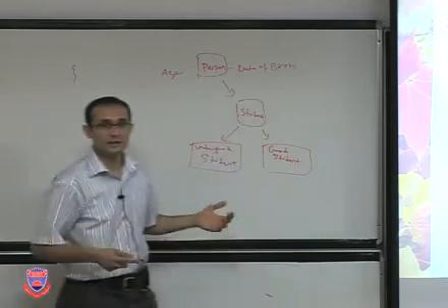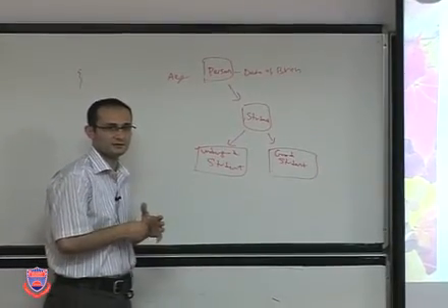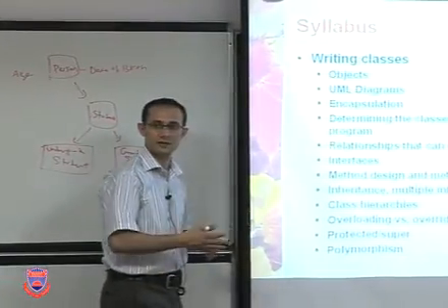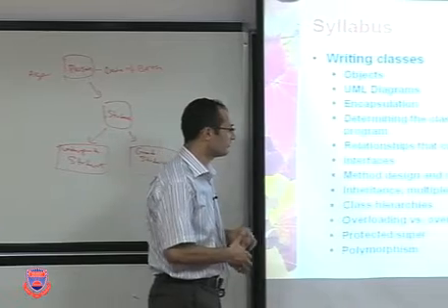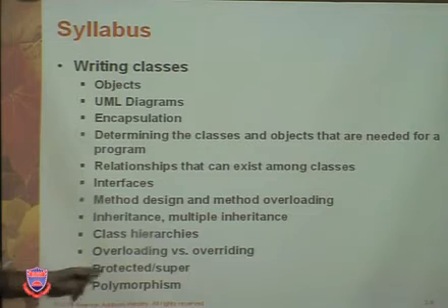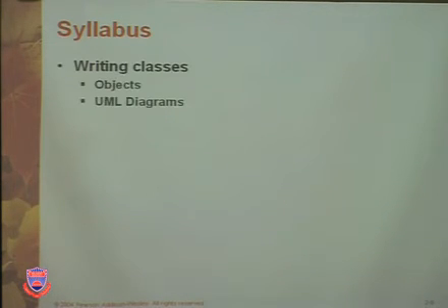In your program, you're supposed to design such good code that implements such behaviors, right? So you have objects that form hierarchies, and you reuse every bit of information you had before. We will deal with overriding versus overloading, and how it is implemented. Protected, super, again, these are keywords that are used in Java for identifiers. We will see that, and also we will just touch base on polymorphism, which is just going to be briefly introducing the matter to you, nothing more than that. Okay, so